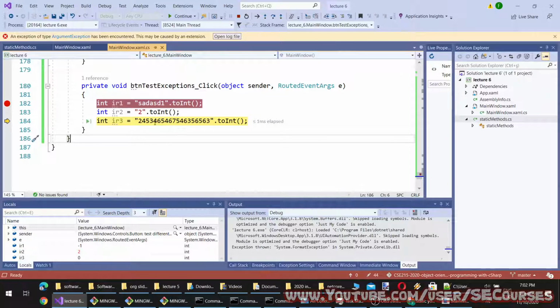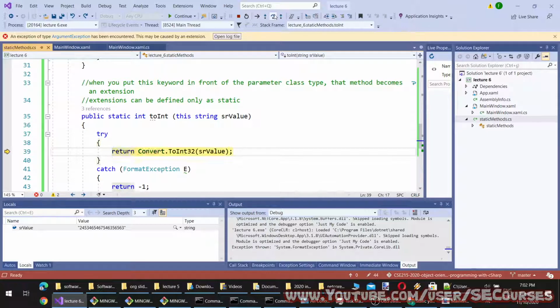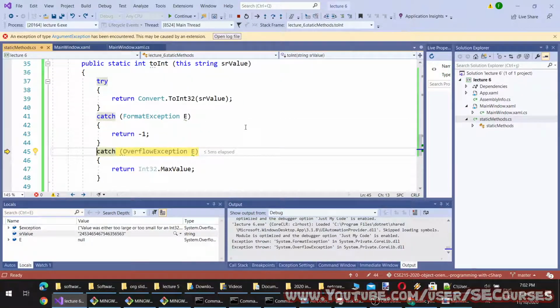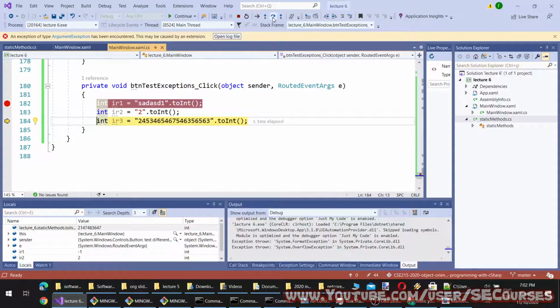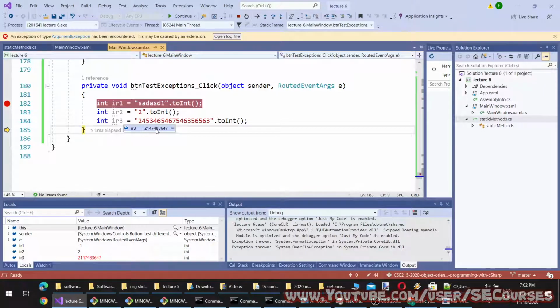than the maximum available number of integers. And let's try it. Convert. Okay, you see overflow exception. By the way, how did I know the type of exceptions? When you hover your mouse, okay, it is not visible right now. So it will return the maximum value of integer. So it will be, you see, maximum number of signed integer, by the way, because we are using int. If we were using uint, it would be twice this value because it would be unsigned.